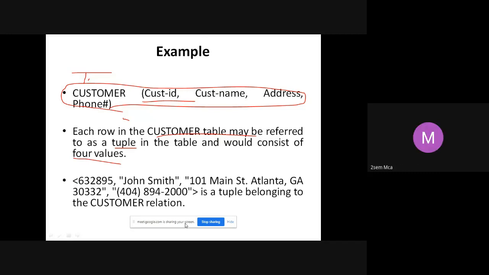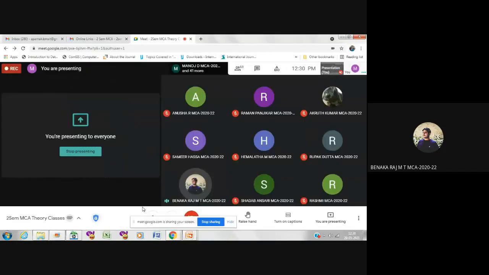Can a tuple having a null attribute be considered a valid tuple, ma'am? Yes, you can consider it valid as long as that attribute can take a null value. If your attribute is a primary key, then you cannot have a null value for it.